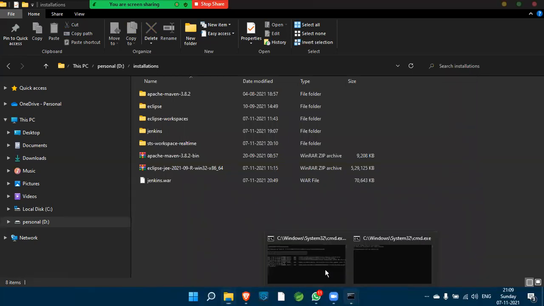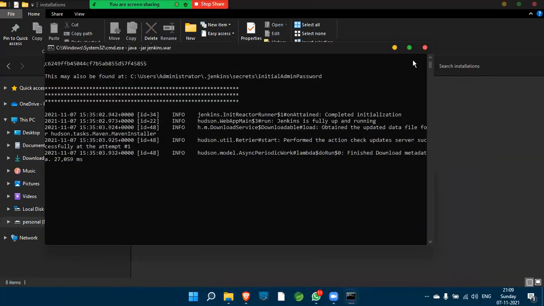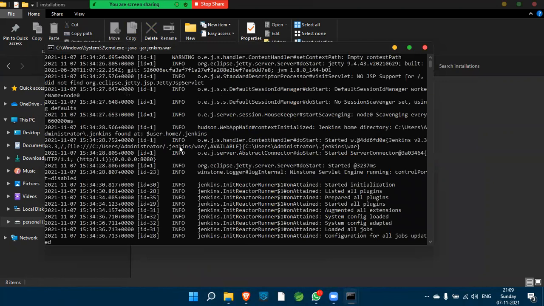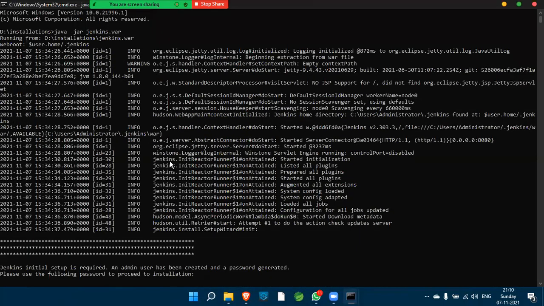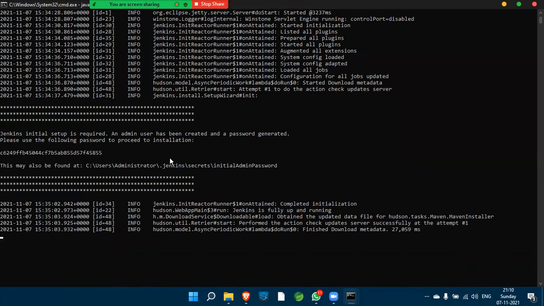See, just now I downloaded it here. It is successfully done. Scroll up. See, one default password is being generated here.